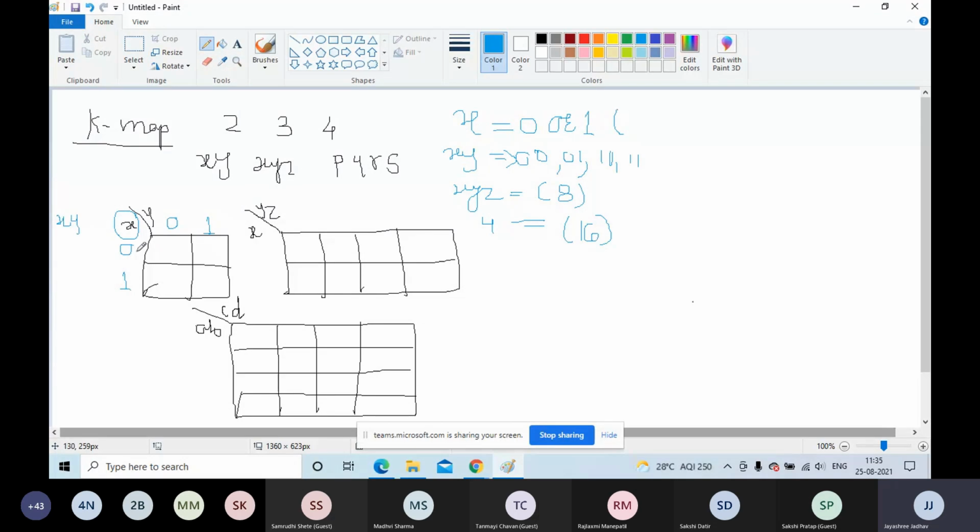If I am putting 1 here, this is your cell. We can call this square a K-map cell. We put 1 or 0 into the K-map cell depending on whether the equation is in the form of SOP or POS. We have already discussed that if the equation is in the form of POS, we put 0 into the cells, and if the equation is in the form of SOP, then we put 1 into the K-map. This is just an example. I have not considered any equation here. I am just telling you how to draw the K-map.